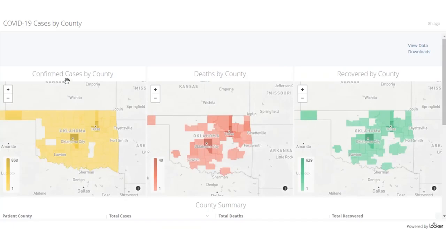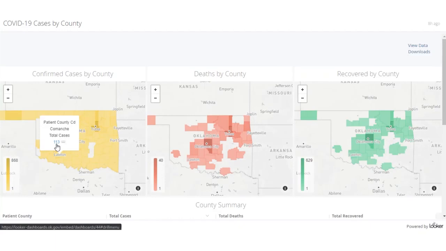Once you click that tile, you'll see a home page that is color-coded to indicate confirmed cases in gold, deaths in red, and recovered cases in green. That same hover functionality exists. For example, if we select Comanche County and click on this county, it will populate that there are 113 total cases in Comanche County. Likewise, if you hover and click for deaths, you'll see there are 2 deaths, and the numbers recovered for Comanche